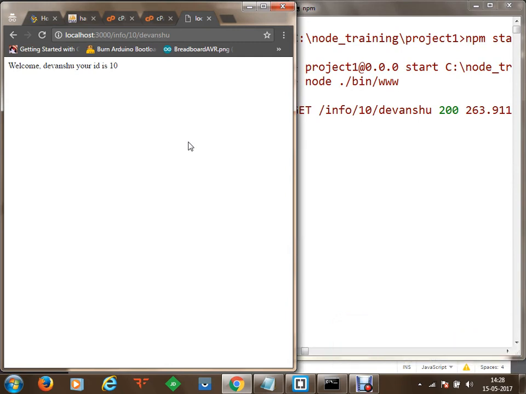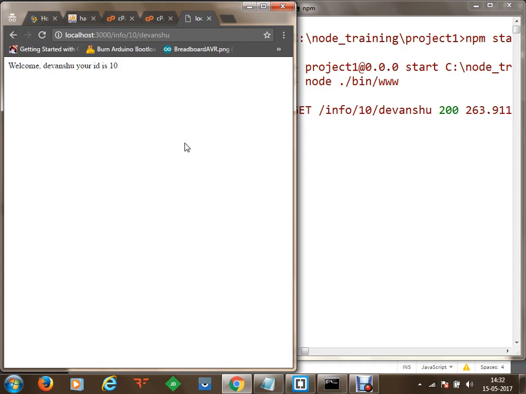Using node, you can give an accurate path using slashes, and it may help in your search engine optimizations as well. So you can create any route, you can take any parameters, those parameters will be received on the server, and the equivalent response will be generated back to the client. Clear? So now let's move further.